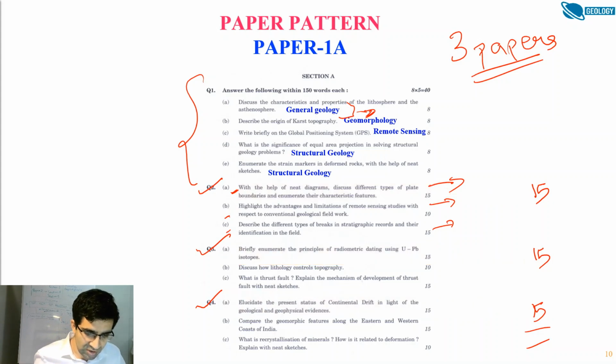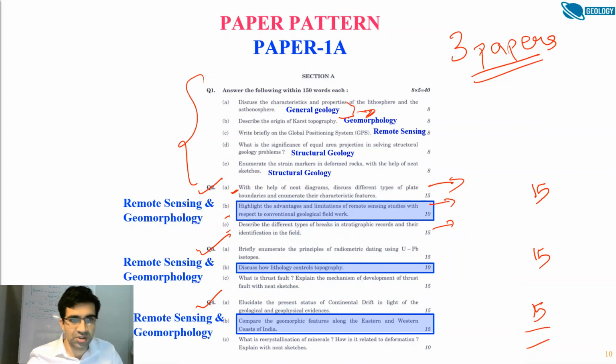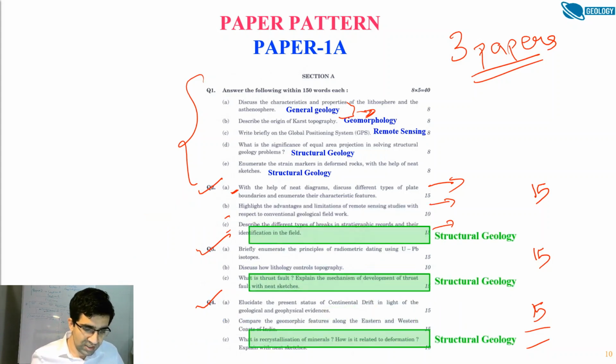If you go to the second part, it is from remote sensing and geomorphology. You see, 2 of these questions are of 10 marks each and one question is of 15 marks. This is because you got 2 questions from remote sensing and geomorphology in question number 1. Then moving on to the next